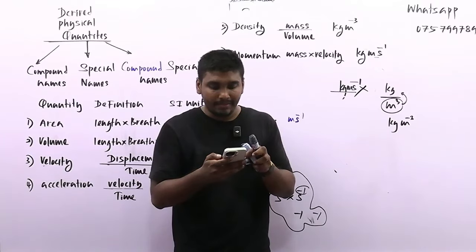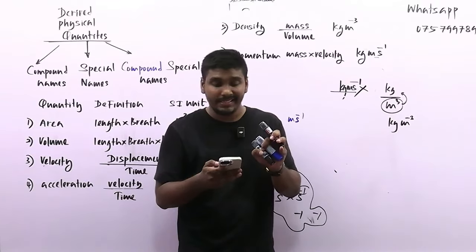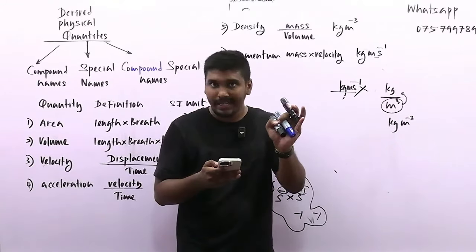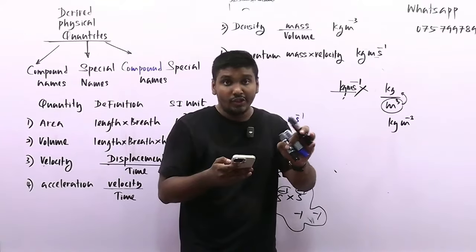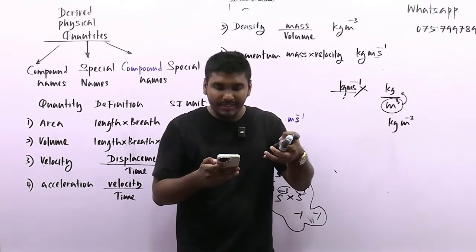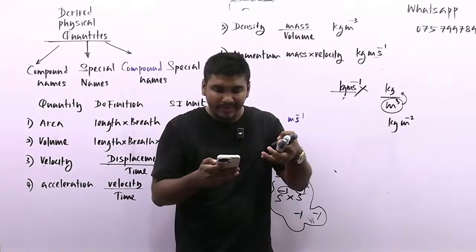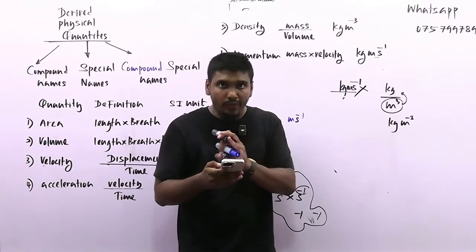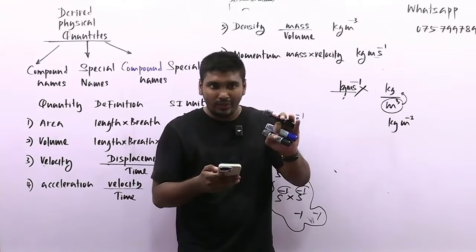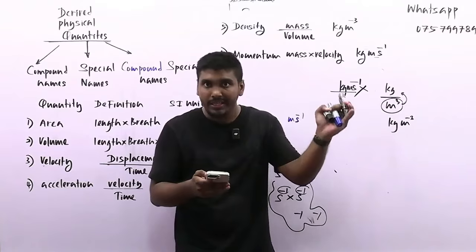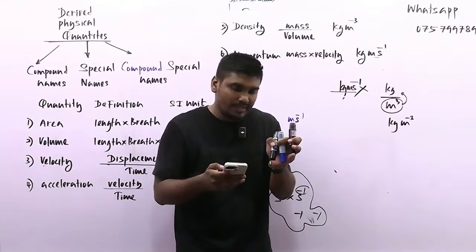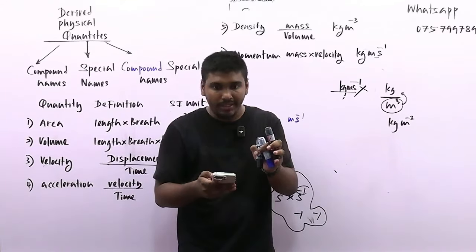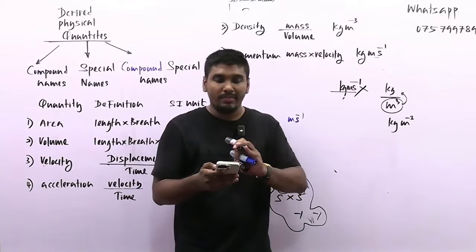Go to page number 15 and start doing question number 1. Find the units and dimensions. You don't find dimensions, only find the units of the physical quantities shown below. Now there are 22 equations. Today we'll do that question as our last question for the day. Once we completely discuss the question, it will be 9:30. Then we can stop the class for today. Right, start doing question number 1.